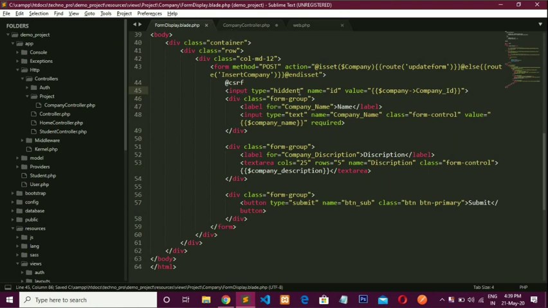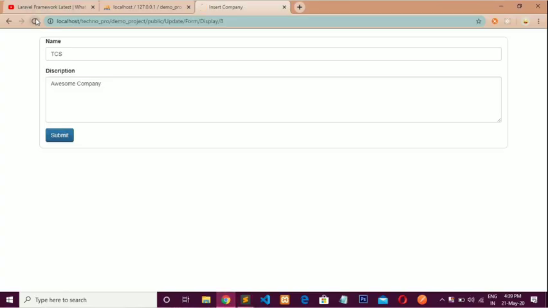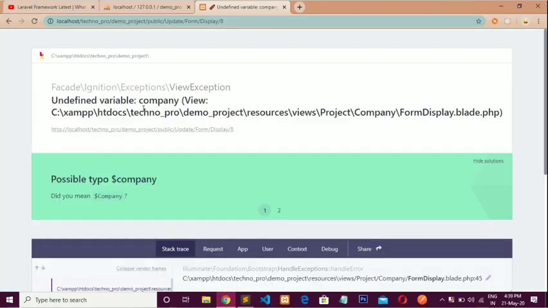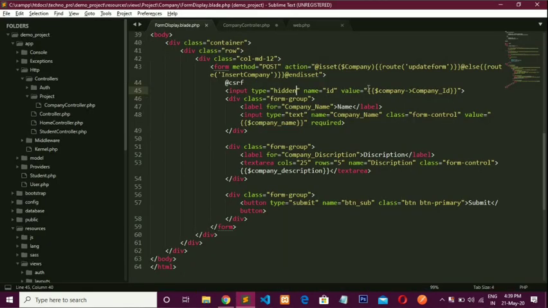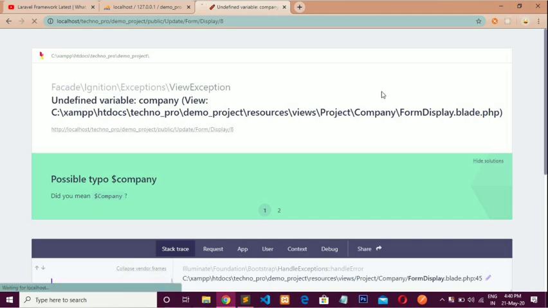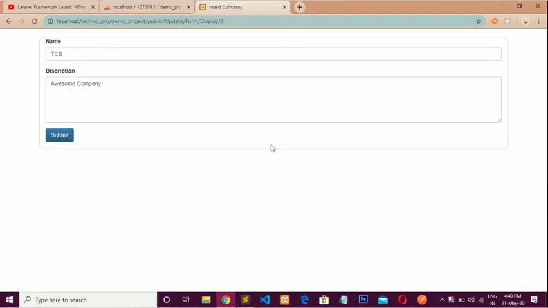Okay, now check first of all whether the ID is passed successfully or not. Okay, sorry, here C is capital. Now again refresh, and go to inspect element for checking.